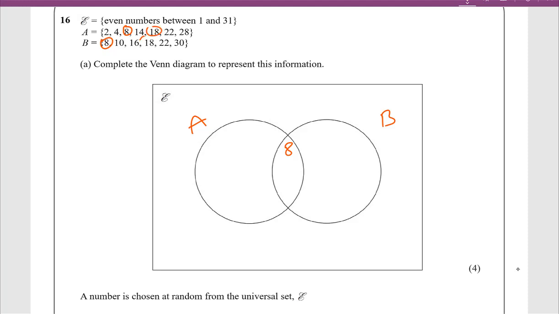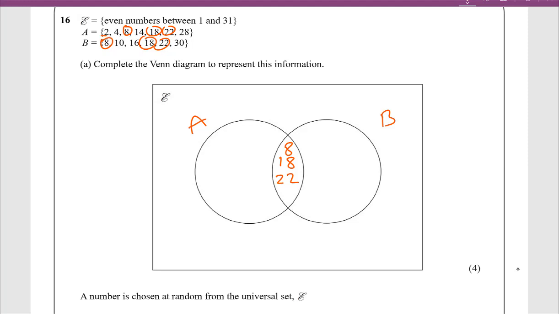So we have 18 here and 18 here. Let's circle them so we know we've used them, so we don't repeat them in A and B. Then you can see there's a 22 here and a 22 here. So 22, 22, and 28 and 30. There's nothing else common. Now, whatever's left over, write down in the